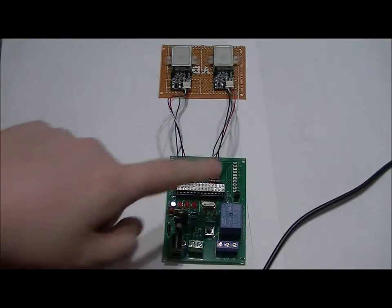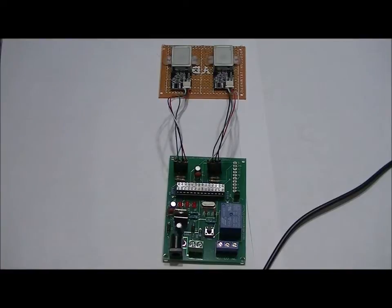You can use this as the dual fingerprint lock, or you could actually use it with a port expander so that you can use them to toggle or control other circuits. In any case, that will all make sense soon when I have the port expanders in. What I'm going to do now is I'm going to program a fingerprint, and I'm going to show you just